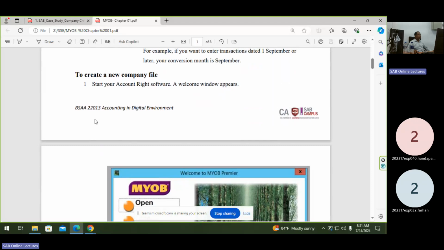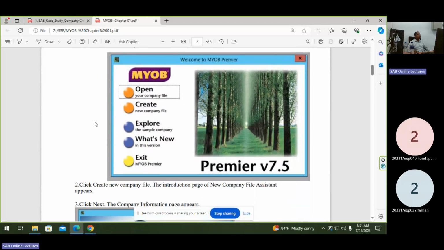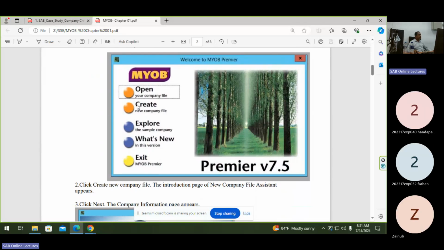This is the first wizard window when you start the company creation part. There are 4 or 5 options available here: open company, create company, sample company, and the new version, which we will not deal with. The existing version we will use, and the exit option.